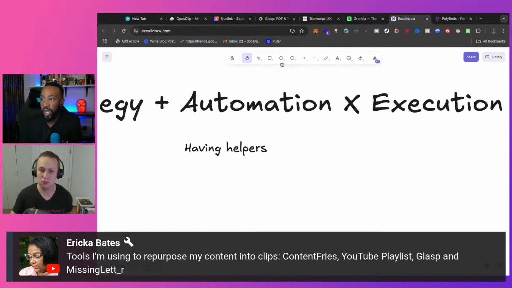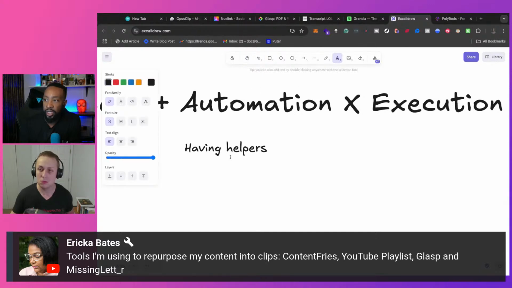So if we're looking at automation, if we're breaking it down, it would be having helpers, right? And the helpers are helping you cut out the manual tasks and make them automated. You're just making it go automatically without any help. So examples of that, you're saying scheduling your content. Another one would be Opus Clip, for example, being able to toss one of these long form videos in and make a whole bunch of clips from it.